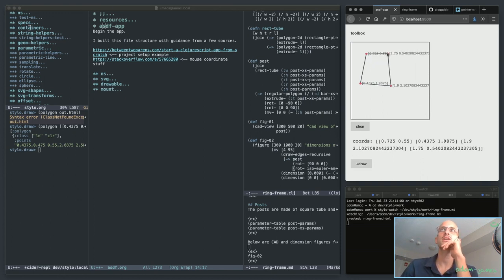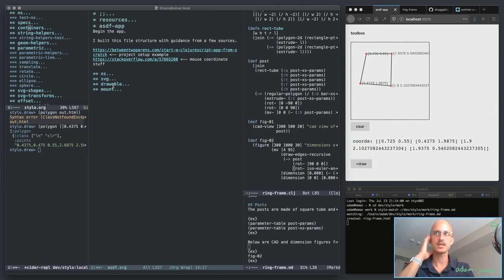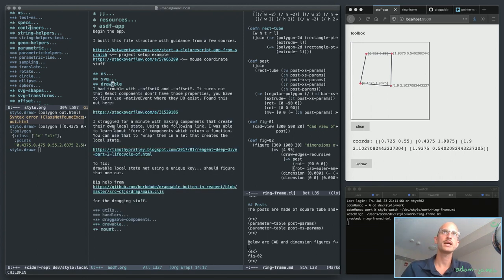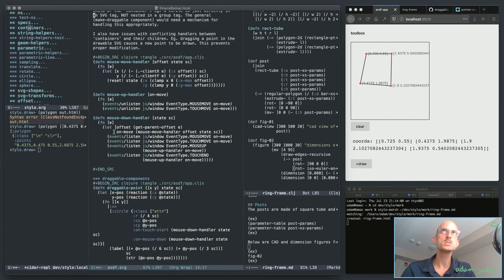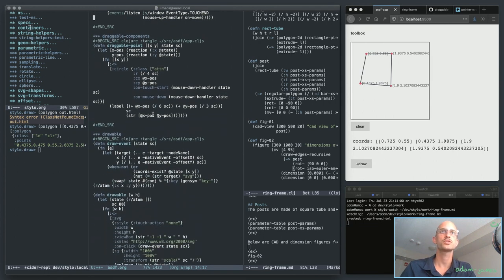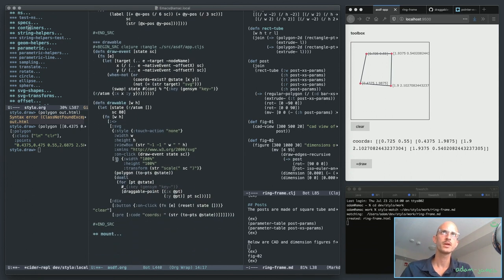Okay, what I think I'm going to attempt to do is add into the state atom of the drawable element the scale factor, so that I don't have to pop it in like that. It'll just be part of the state. So in order to do that, I actually need to change how I do this. Instead of making it just a list here, I do need it to be an atom that contains both